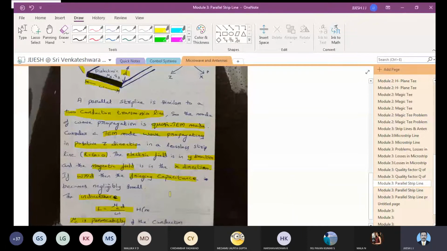So the first equation is to find out the inductance, and you'll get problems also for the parallel strip line. Mu is there, D is this much, and W is so much. So find the inductance, capacitance, and all those things. You may have to use all these equations, so you need to study these equations for the parallel strip line. L is equal to, that is inductance, mu C D by W. See, once all of you have completed, we will move on further.